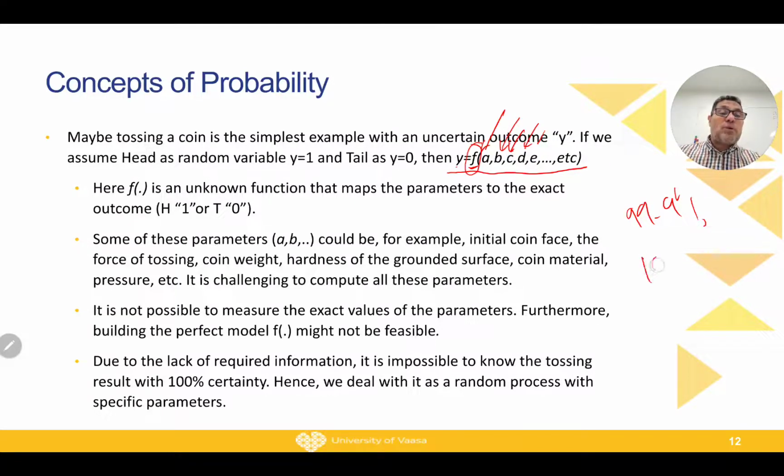Of course, you will not be able to get 100%, because even if you give me, for example, the weight of your coin, it will be only roughly the weight. It is not 100% the weight. It is not 100% the force that you throw it with. So the force, you can say plus minus delta, the weight plus minus delta. Maybe only the initial phase you can say is correct, but even that can be biased. The person who told you about the coin might misread it or maybe lie about it. So we always have some uncertainty everywhere. However, we can resolve the problem.